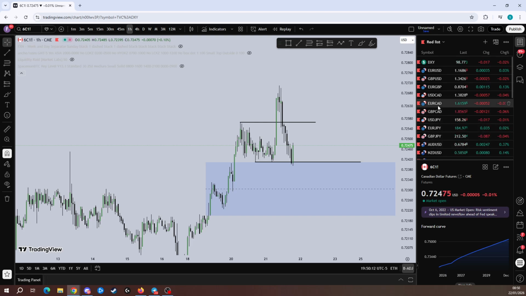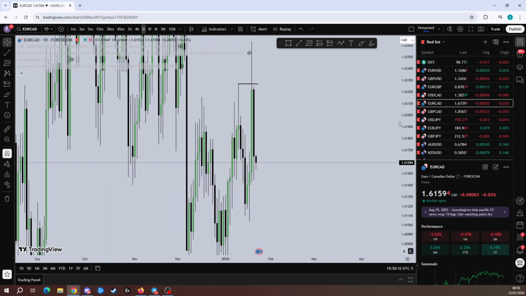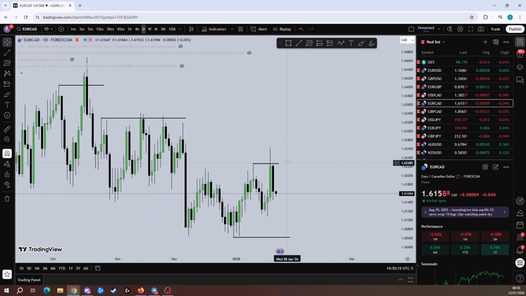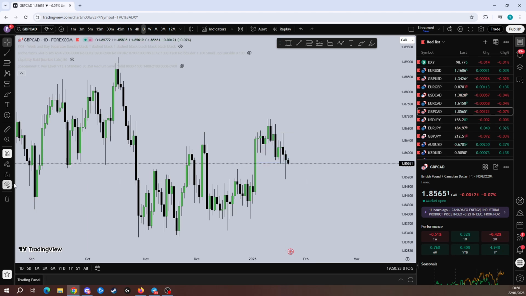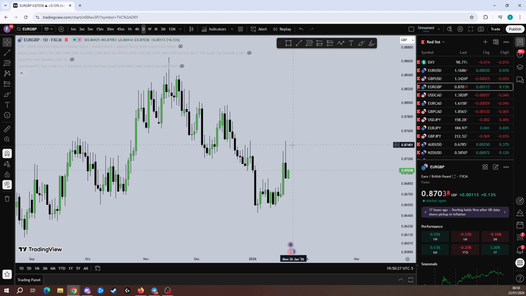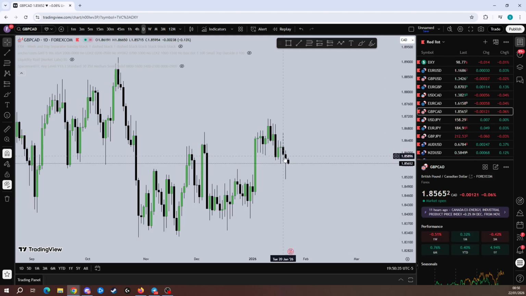And as you can see on EuroCAD as well, EuroCAD had a bearish daily print, a bit more bearish than GBPCAD because of Euro GBP, right? Euro GBP was bearish, which meant that Euro was weaker than Pound, so EuroCAD had the larger drop, while PoundCAD was a bit more bullish. So essentially,